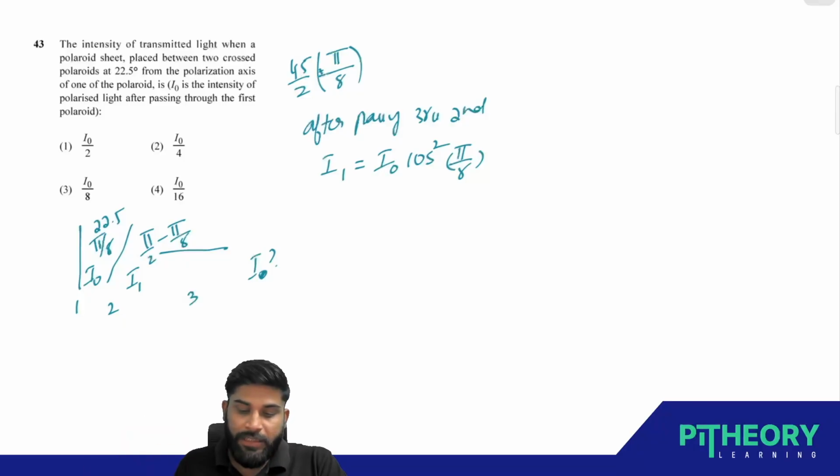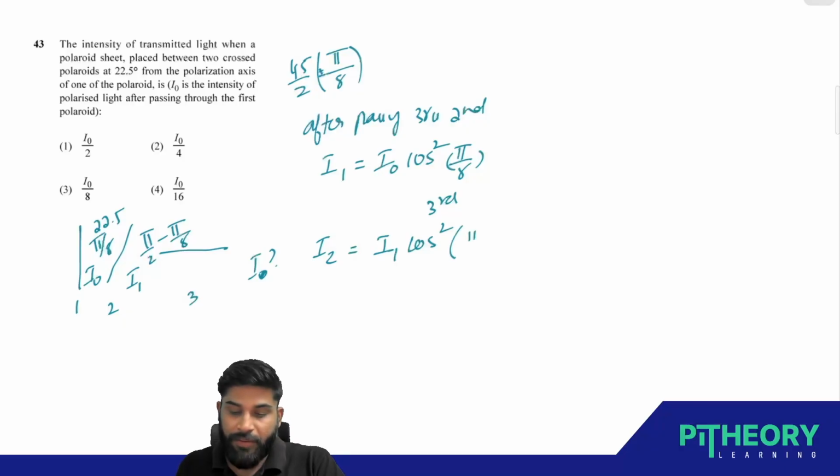Now after passing through the third, what will be the intensity? If I take it as I2, what will that be? You have I1, the intensity before passing through the third, so that is I1 cos square. What is the angle between second and third now? It is pi by 2 minus pi by 8. So I can write it as I1 cos pi by 2 minus pi by 8,